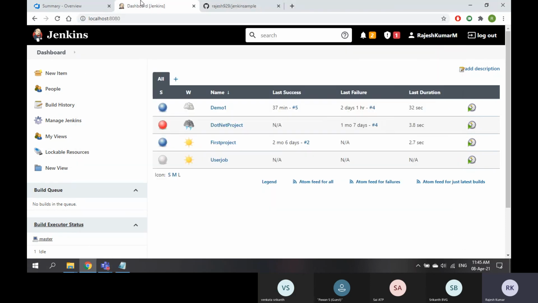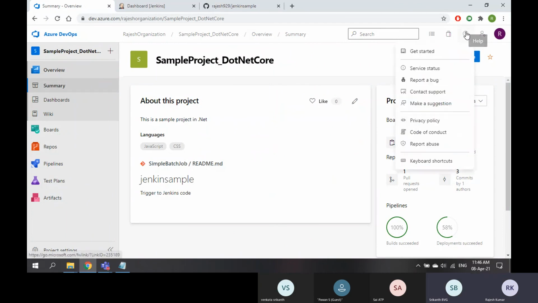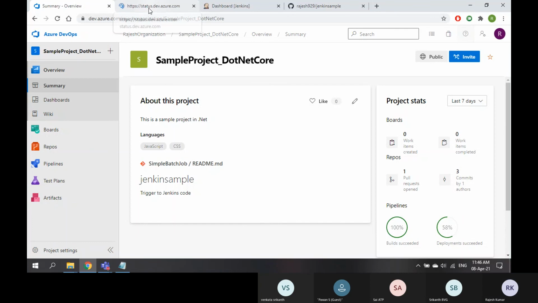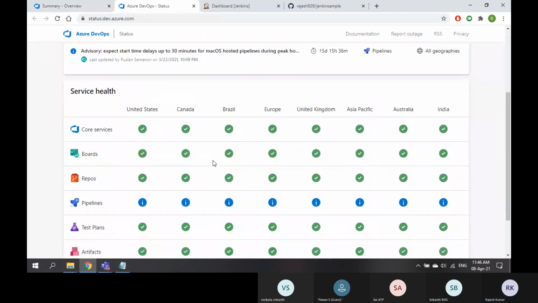If tomorrow someone deletes the Jenkins folder, obviously you will have a backup and you can restore immediately. But if something goes wrong with Azure DevOps, you need to contact Microsoft only. You can't do anything. You need to go to the service status and see why it is down.